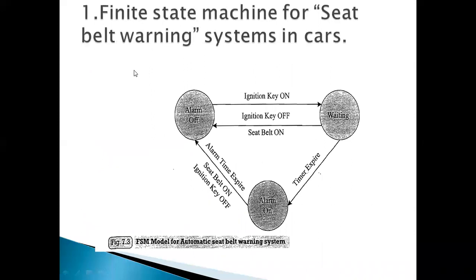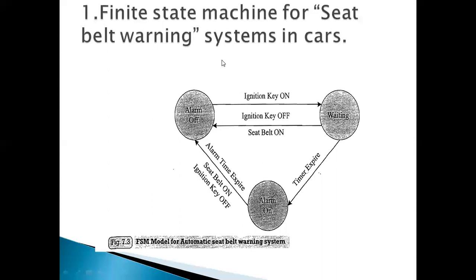First one, finite state machine for seat belt warning systems in cars. Nowadays the seat belt is mandatory. Whenever a driver enters the car and ignites it, there will usually be a buzzer indicating that you have to fasten the seat belt.